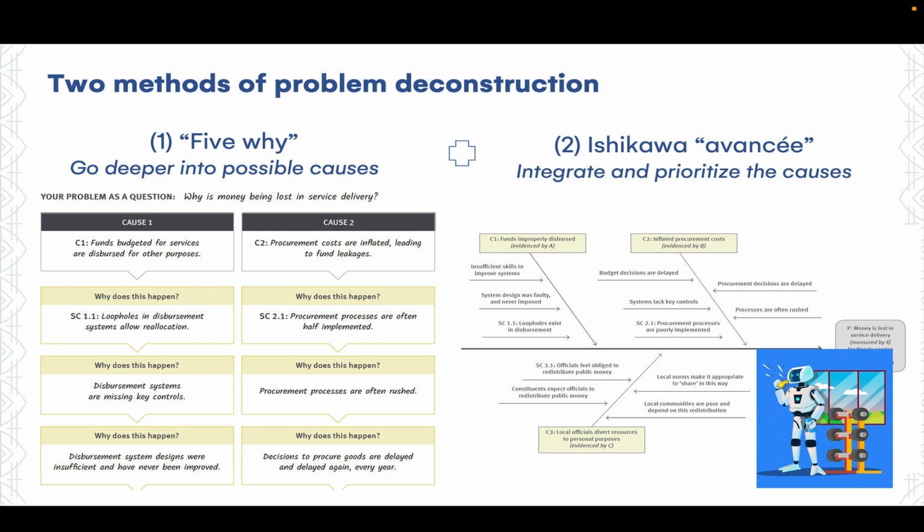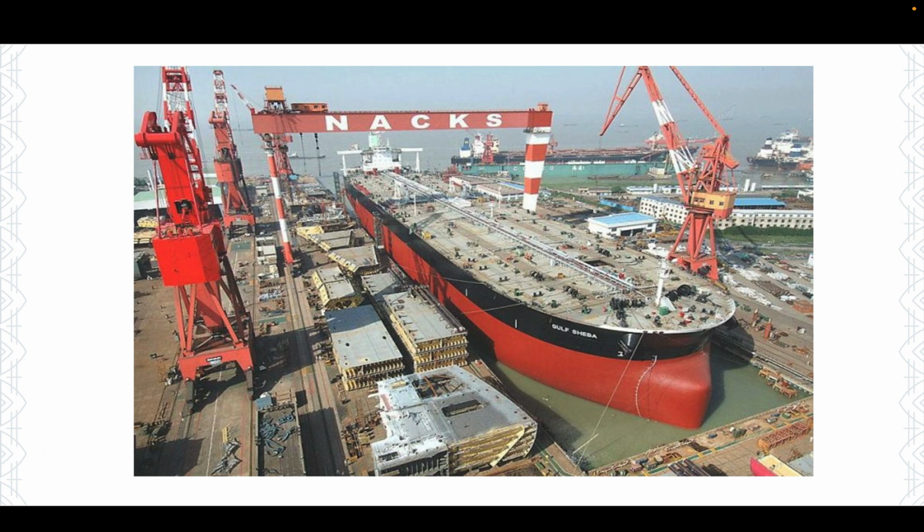Okay, so that's the 5 Why method. Now let's look at the Ishikawa method of visualizing and prioritizing the causes of the problem that we care about, and again, how we can use LLMs to do this faster and better. Well, this method was born in the complex environment of the Kawasaki shipyards in the 1950s and 60s, where one problem on one end of a naval yard could have big repercussions on hundreds of workers on the other end